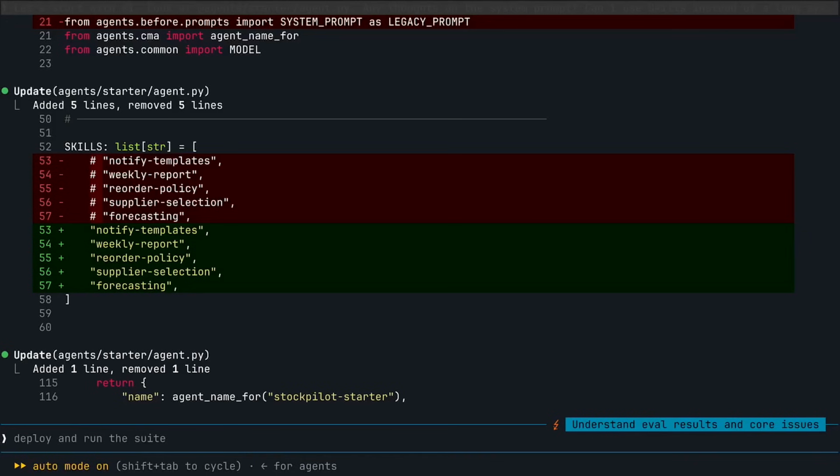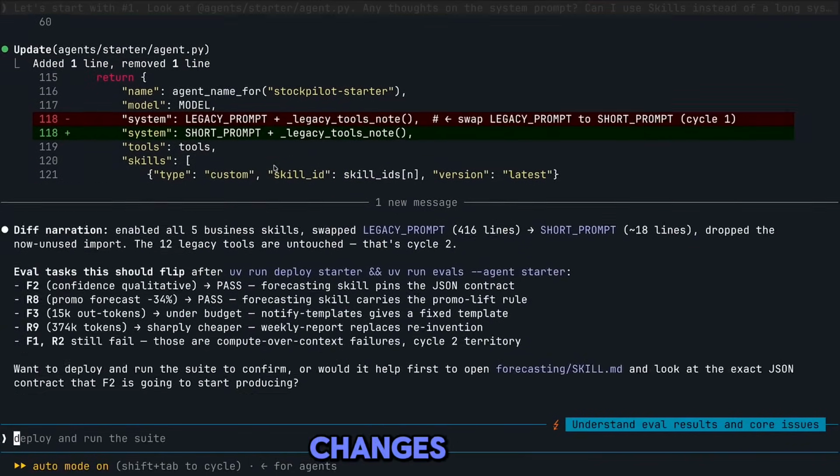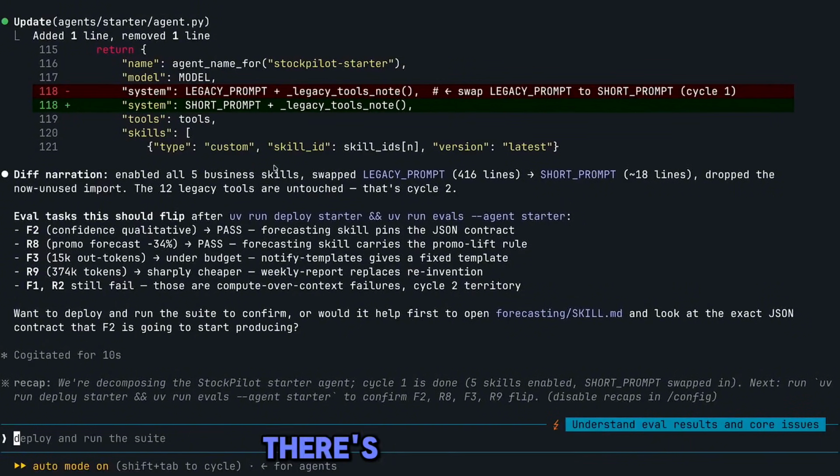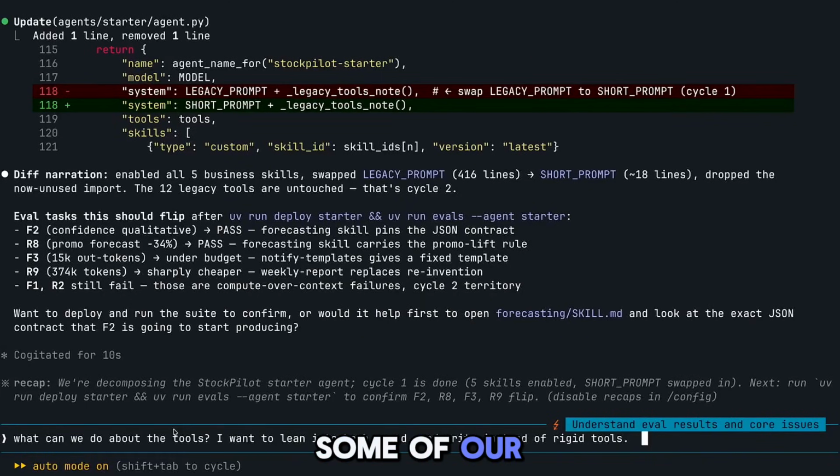Great. I am now going to continue working with Claude. So you can see we made those changes here, which is fantastic. There's some evals that I can go rerun. I'm gonna ask Claude to do one more thing, and then we're gonna rerun some of our evals to see